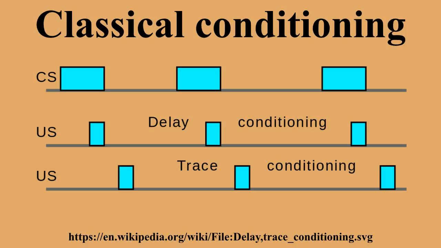Definition: classical conditioning occurs when a conditioned stimulus is paired with an unconditioned stimulus. Usually, the conditioned stimulus is a neutral stimulus. The unconditioned stimulus is biologically potent and the unconditioned response to the unconditioned stimulus is an unlearned reflex response. After pairing is repeated, the organism exhibits a conditioned response to the conditioned stimulus when the conditioned stimulus is presented alone. The conditioned response is usually similar to the unconditioned response, but unlike the unconditioned response, it must be acquired through experience and is relatively impermanent.